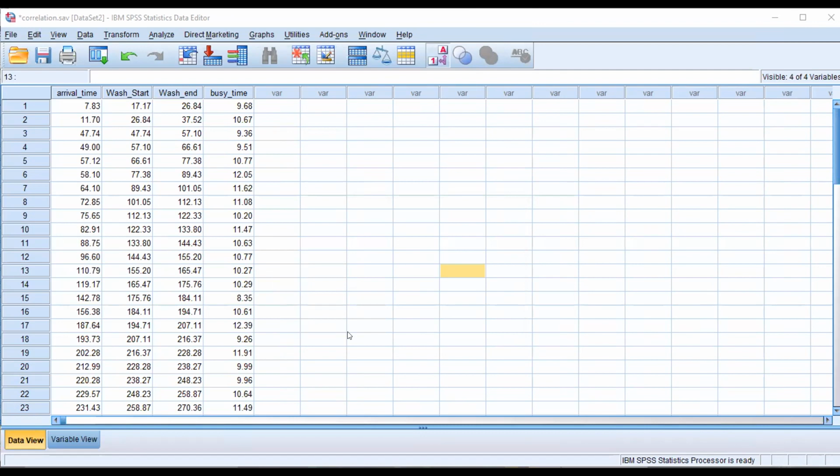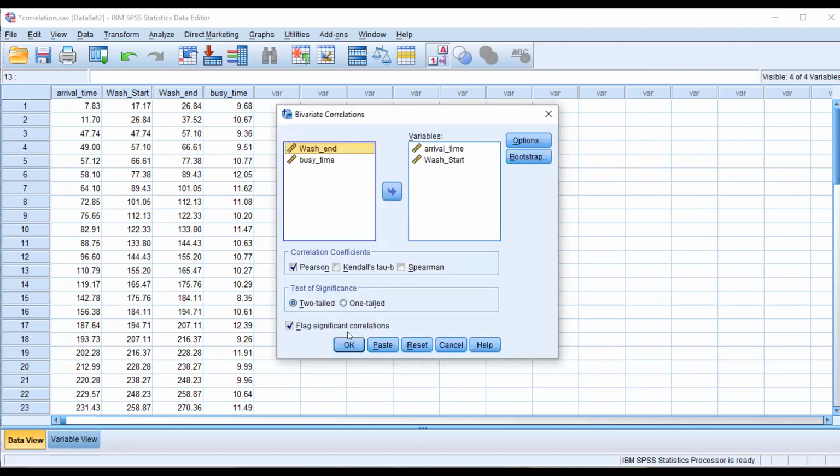The difference between these two is that here we considered visit time as a controlling variable, and here we did not have any controlling variable. So we are not getting any kind of differences. That's why people generally use bivariate correlation and shift each and every variable in this and get this kind of result.